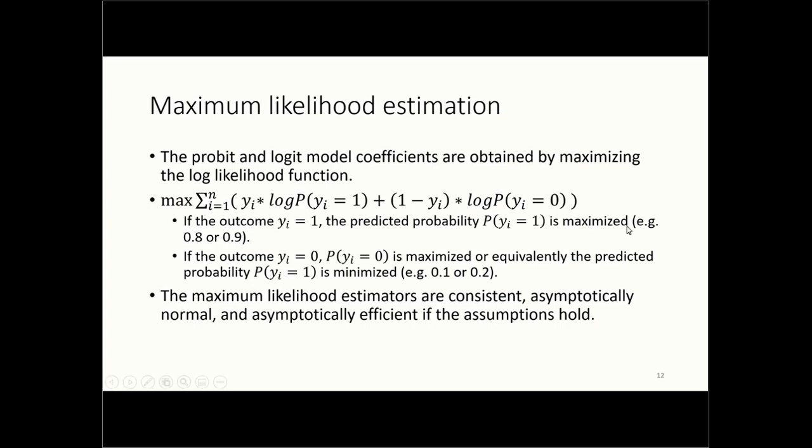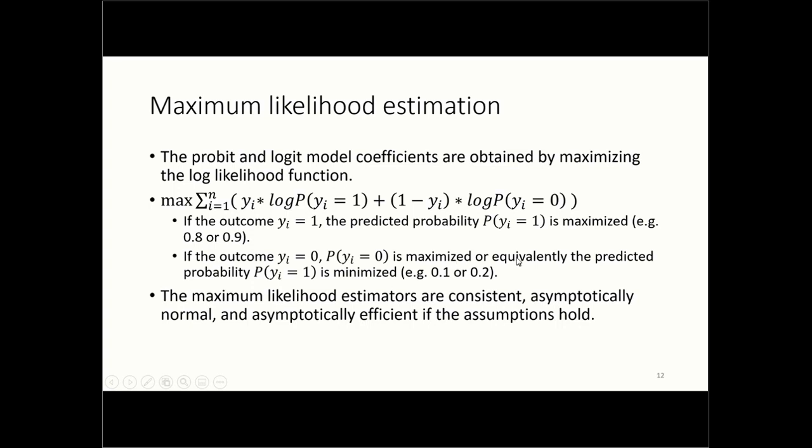So basically, as we're searching for these beta coefficients, we want this probability to be maximized. In other words, we want to receive a number like 0.8, 0.9, a very, very high number, certainly above 0.5. And so that's how we're going to be maximizing this likelihood function. So if y is equal to 1, we want this expression to be as high as possible, the probability of y equals 1. On the other hand, if the outcome is 0,